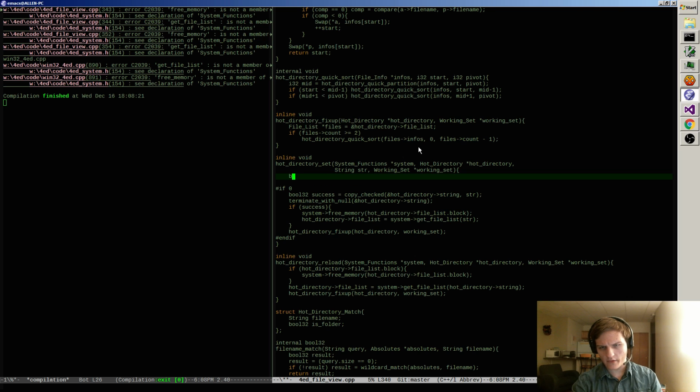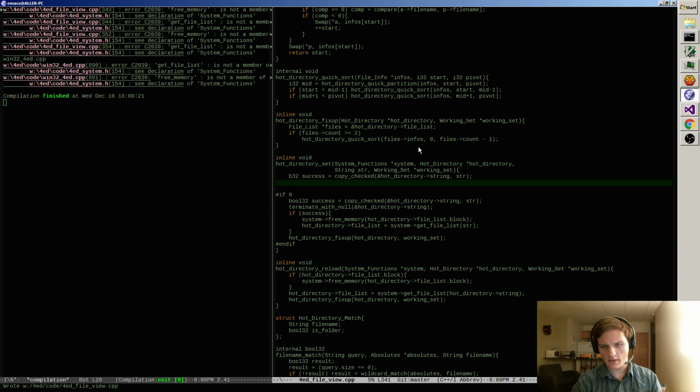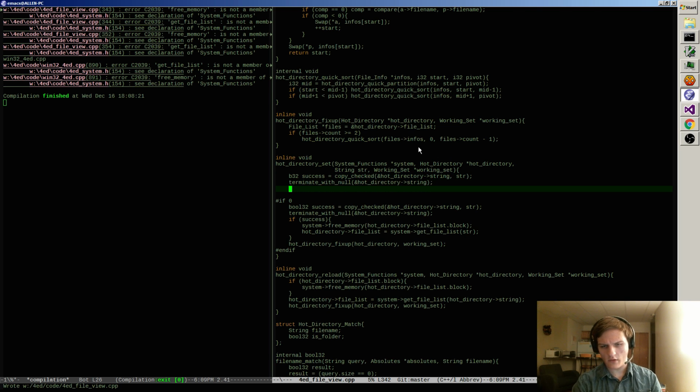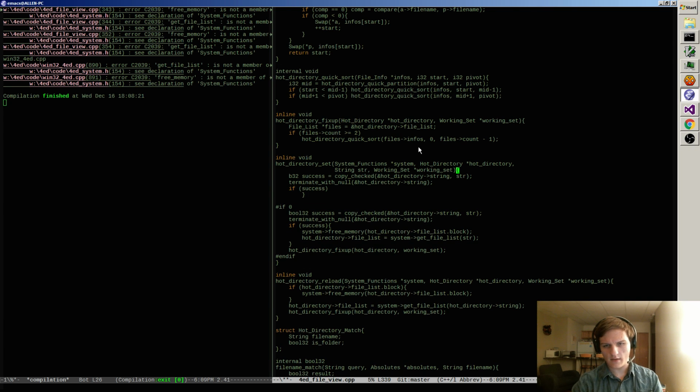So the first thing it's doing there is attempting to copy into this little buffer here. Hopefully it's got enough memory. Alright, okay, I see what we're doing. So this is all about setting the hot directory to a new current place. If we've had success so far,